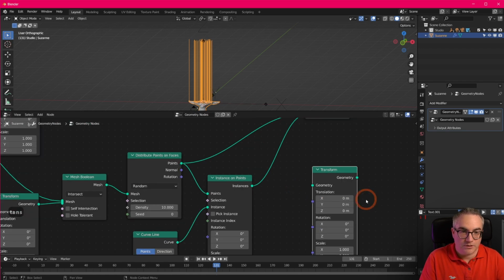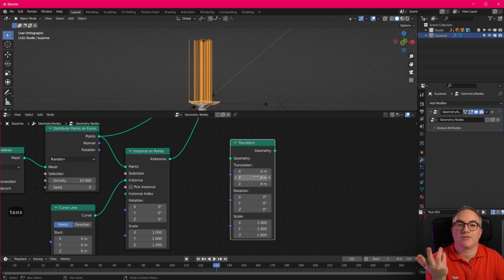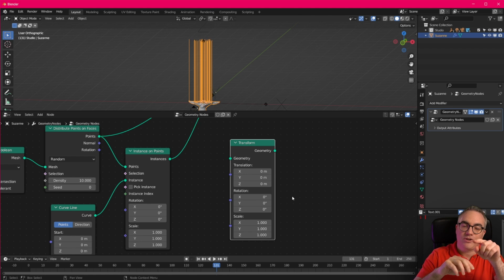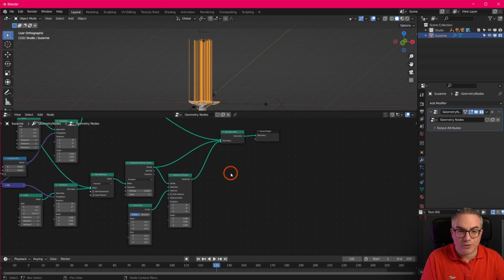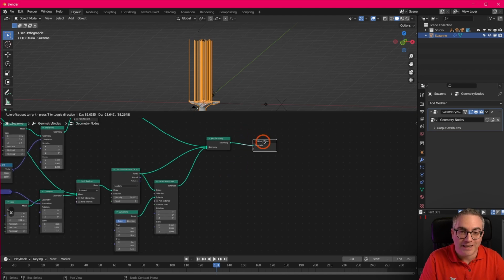And then I thought, well, but the transform node doesn't have a selection input. I can't move just these because I can't select. Then I thought, well, maybe I can fake a selection by using a multiplier, figure out which points are the ones on the top, and then make an attribute, plug that attribute into here. But you can't plug an attribute into a transform node. So I gave up on that idea, and I came up with the craziest idea of all, and I want